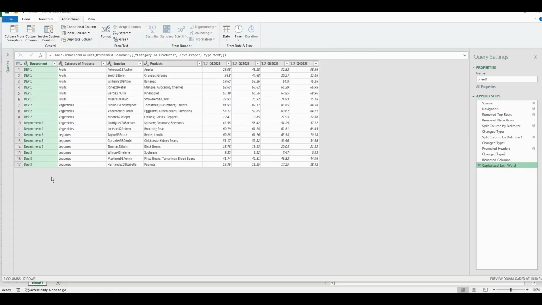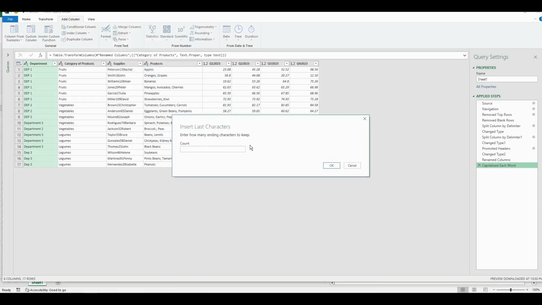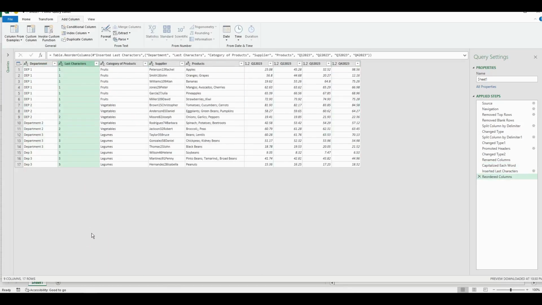A third option of splitting columns is by extracting characters. So we will go to Add Column, Extract, Last Characters, because we want to extract the number in the end. Count is equal to 1. Okay. However, in this case, we may need to add a prefix in front of the number.